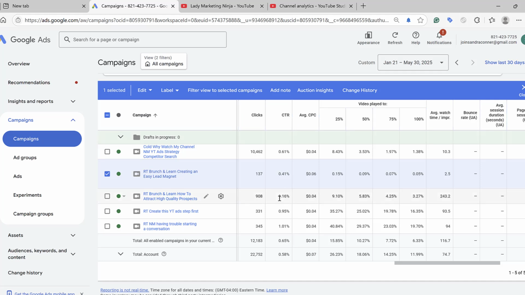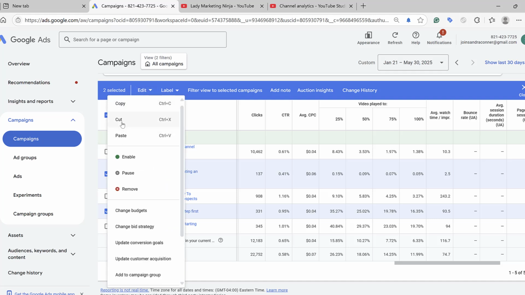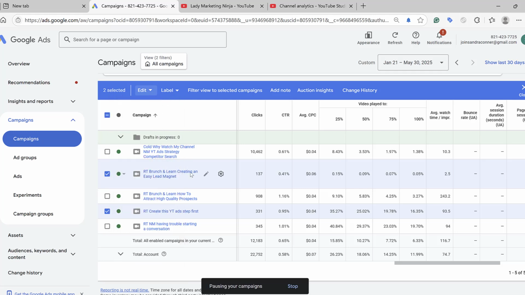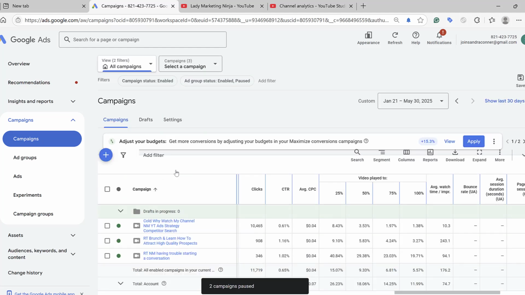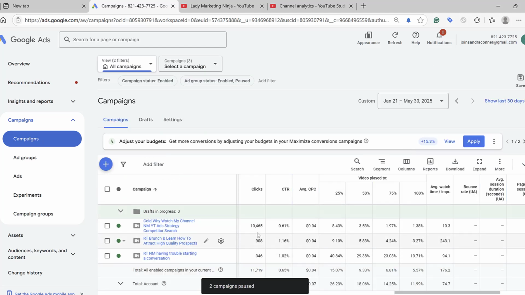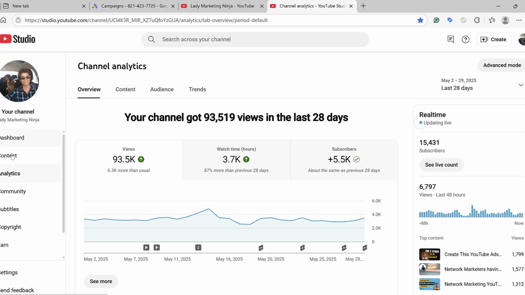So one, I want to keep that one up and running. I'm going to cancel this one, and I'm going to keep that one running because both of those are at 1. And then I just come up here to edit, and I just pause them. So it takes just a second, and then it removes them, so I'm no longer spending money. See, they're gone now. So I'm spending money on the $5, and then I have 2 of these. So then I go back to my content,